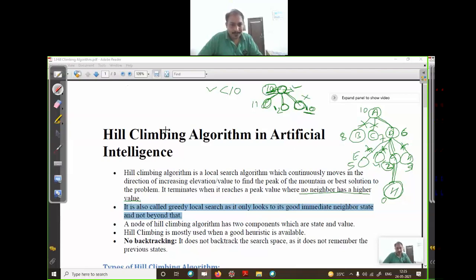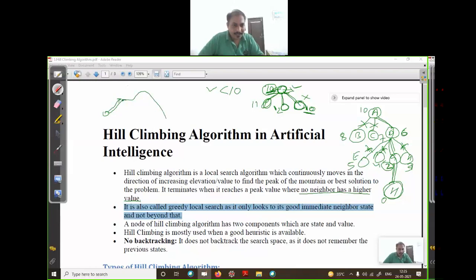Again, when you are climbing a hill, suppose your hill is like this, not straight. You start from this point and increase the heuristic value, so it will reach this point.